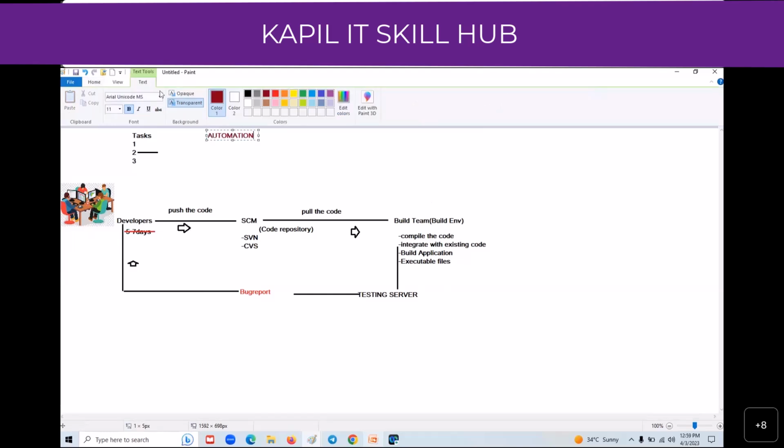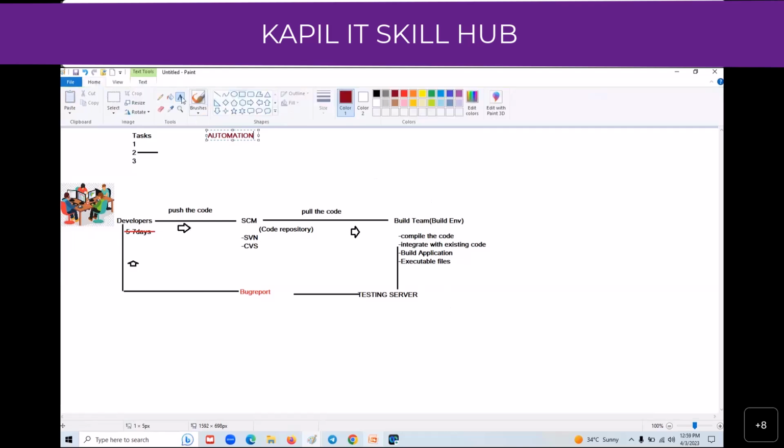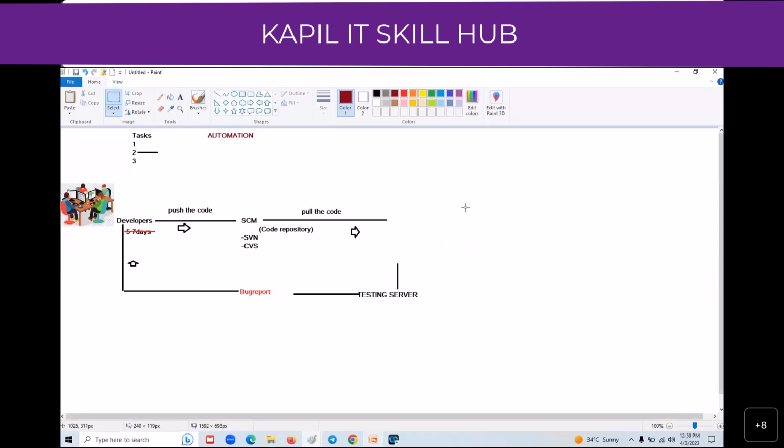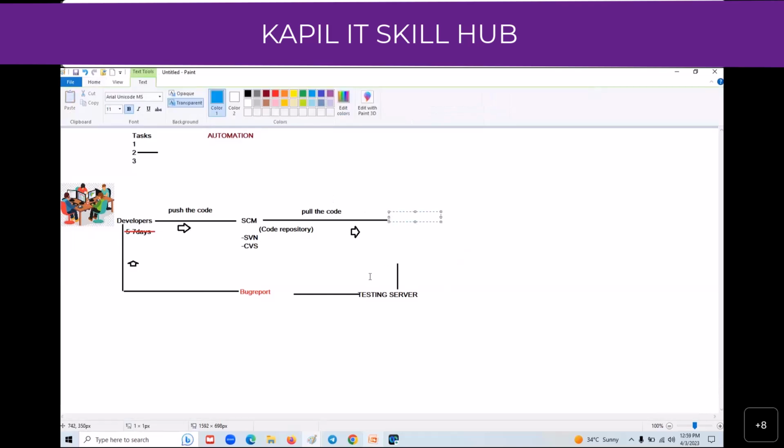So they removed this manual build process and implemented Jenkins here, an automation tool. This is CI/CD, continuous integration and continuous delivery.